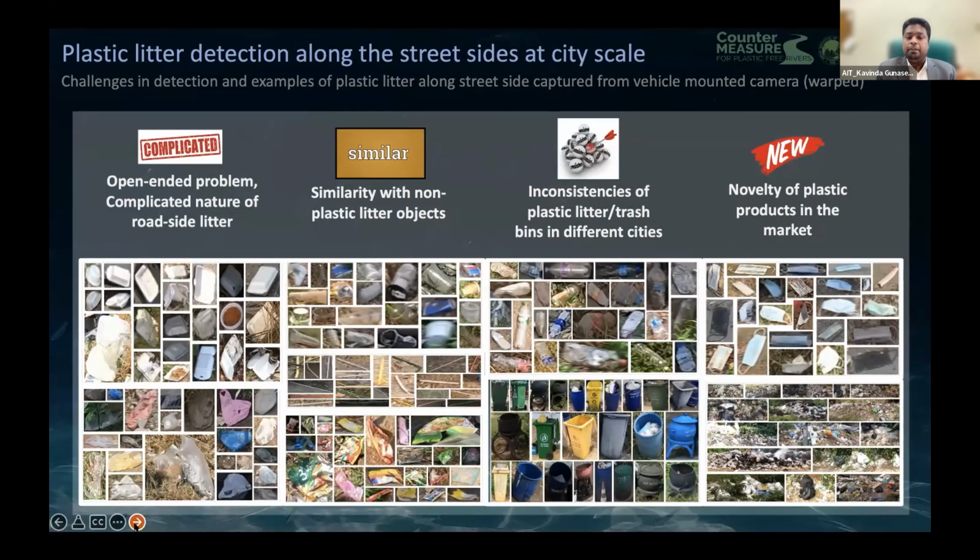I think if we are exposed to machine learning algorithms, you can see nowadays detecting number plates and detecting faces is becoming easier. But if you start to think about plastic litter, it's quite complicated. The same object can have a different shape. It can appear in multiple ways in different cities, and it can also get dirty and then the color is different.